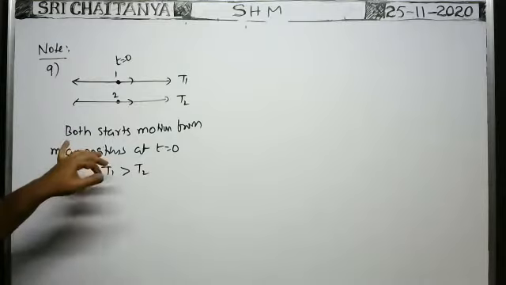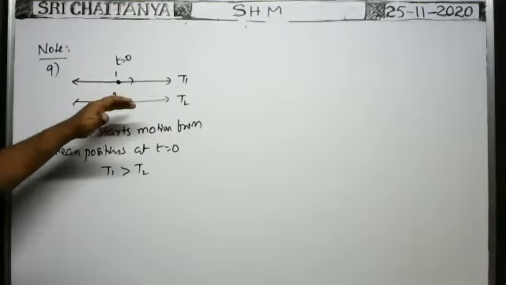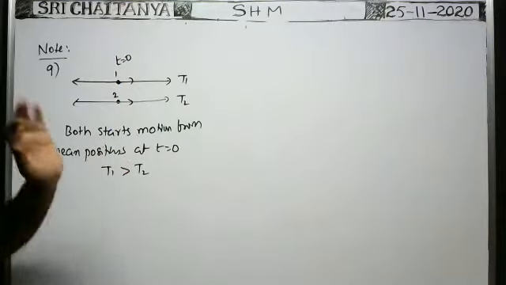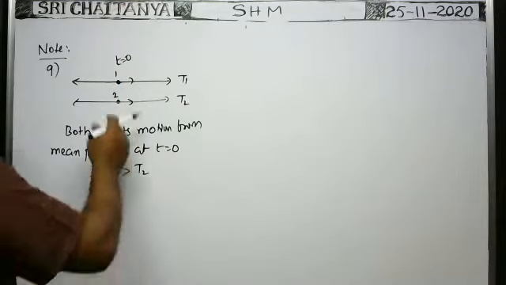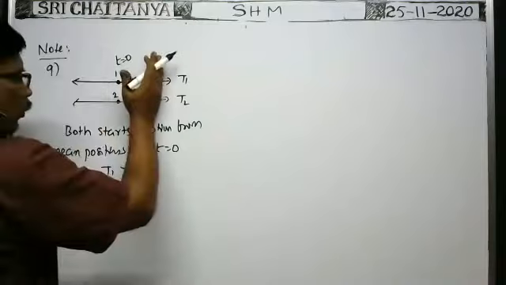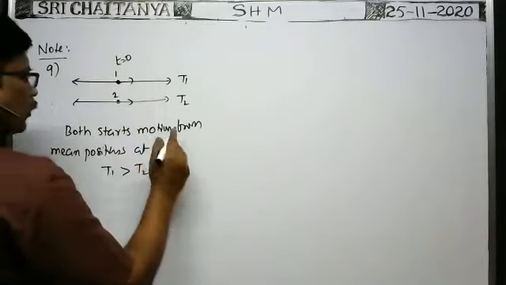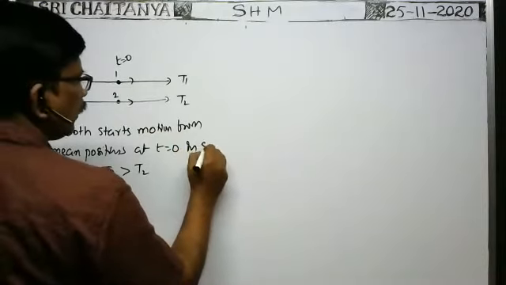After what time, or after how many oscillations made by any one of the particles, do they again meet together in the same phase? That is, here the two start motion from the same mean position in the same direction, so the two particles start their motion from the mean position in the same phase.